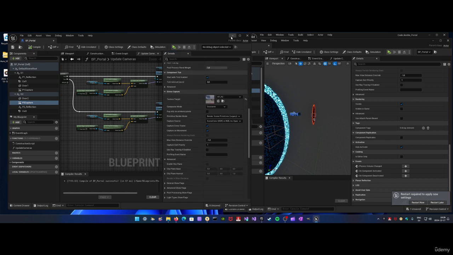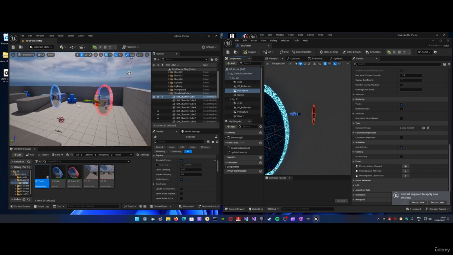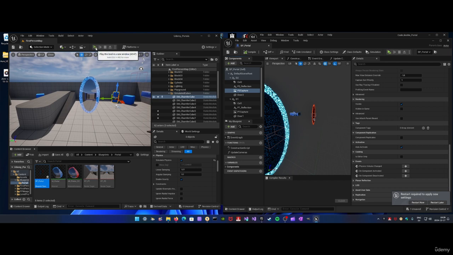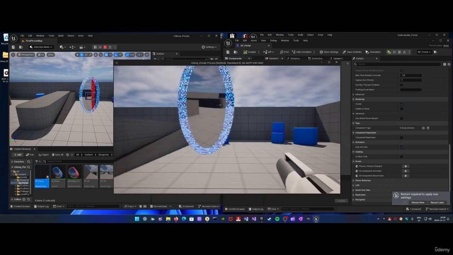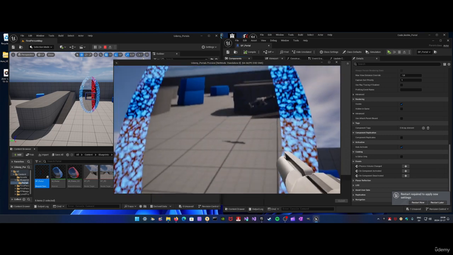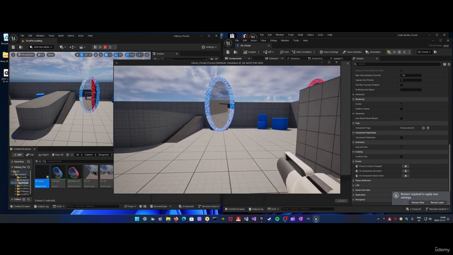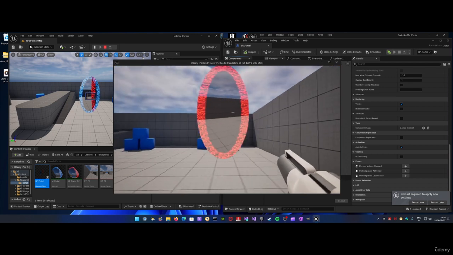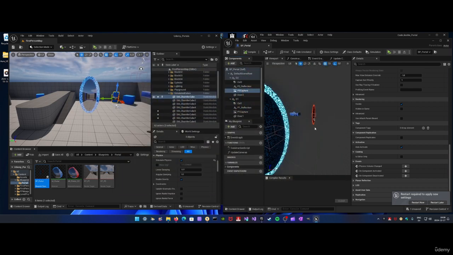Can't really see any big difference there. Let's try one more time. Okay, so